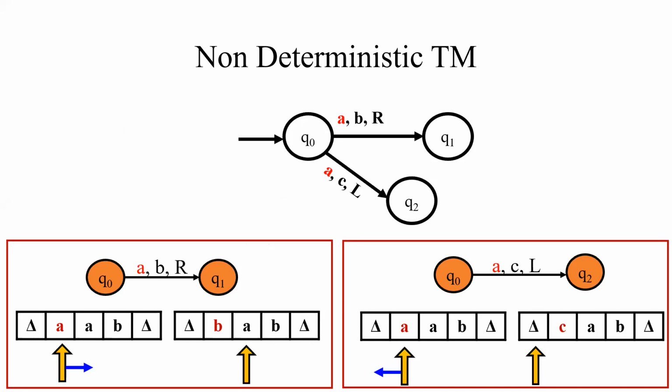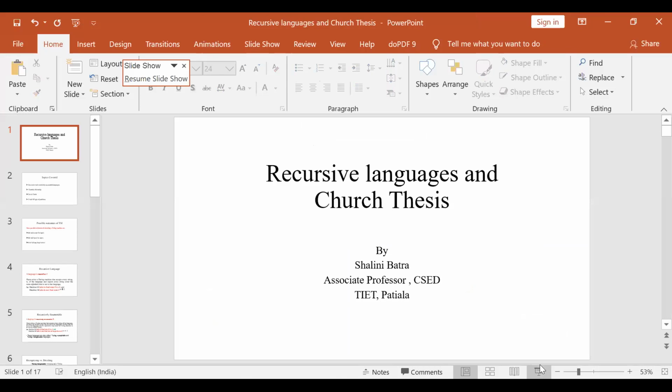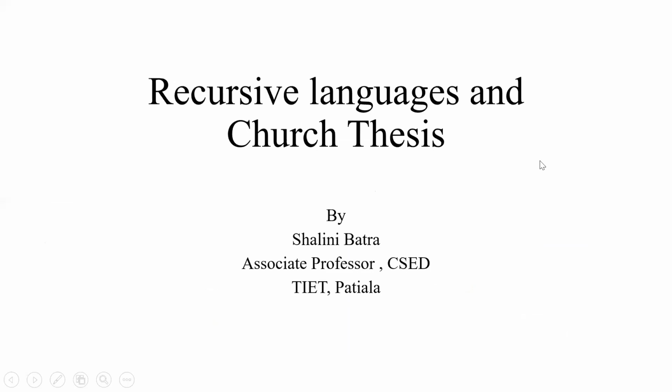So in this case, as we can see, if I have a movement from Q0 to Q1, it will be read A, write B, move right. On the other hand, if I have a movement read A, write C and move left, I move from Q0 to Q2, which I have expressed diagrammatically. Fine. So these are the 5 variants which I have discussed right now with you. This is one of the components of the theory part of Turing machines.